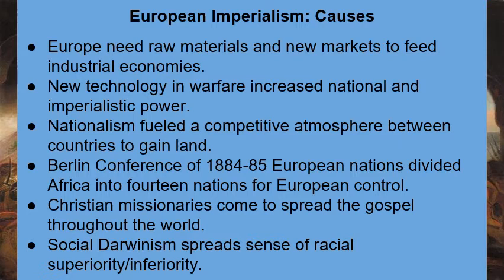So, the Berlin Conference of 1884. The Berlin Conference was mostly about European powers trying to settle which European power had imperialistic holdings in what part of the world, specifically Africa. Germany is going to come up as a new nation, and following the Napoleonic Wars, if you recall, where Napoleon Bonaparte was defeated,